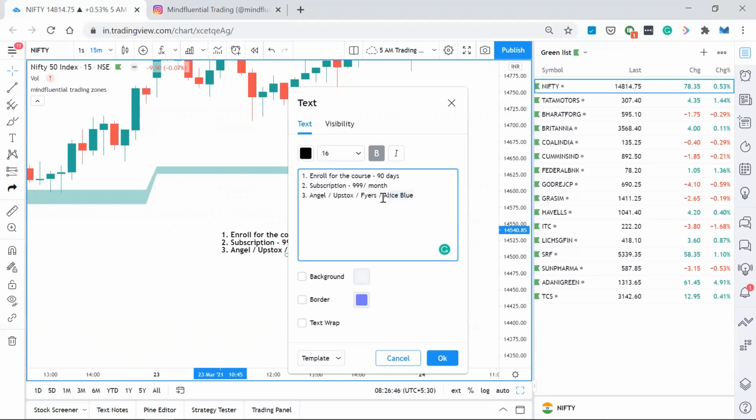But once you open the DMAT account, you need to use that particular account for your primary trading purpose. Let's say you are using Zerodha now, or if you have Angel now, you need to open any other, Fyers or Alice Blue, and at least some part of your trading you need to do in that particular account. If that account is active, then only you will get the access. In this case, you will get free access. However many months you use these accounts, you will get access for that number of months.